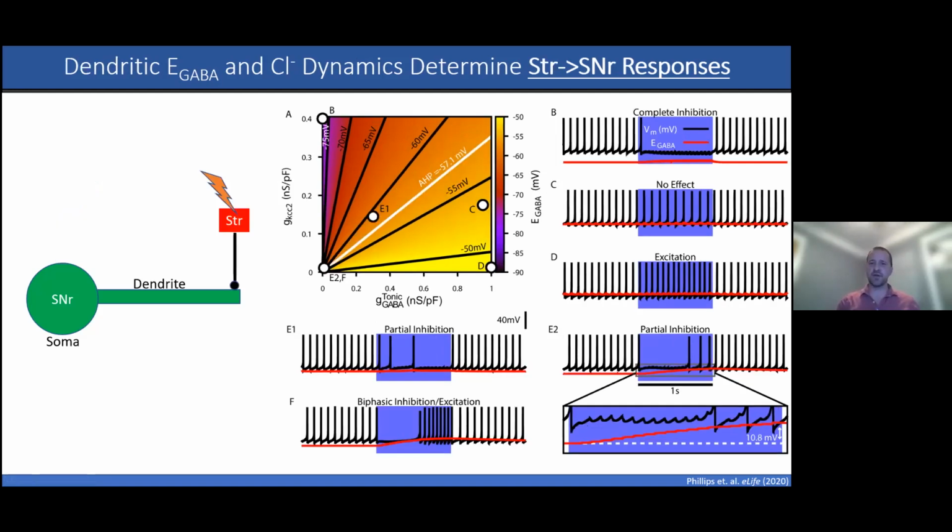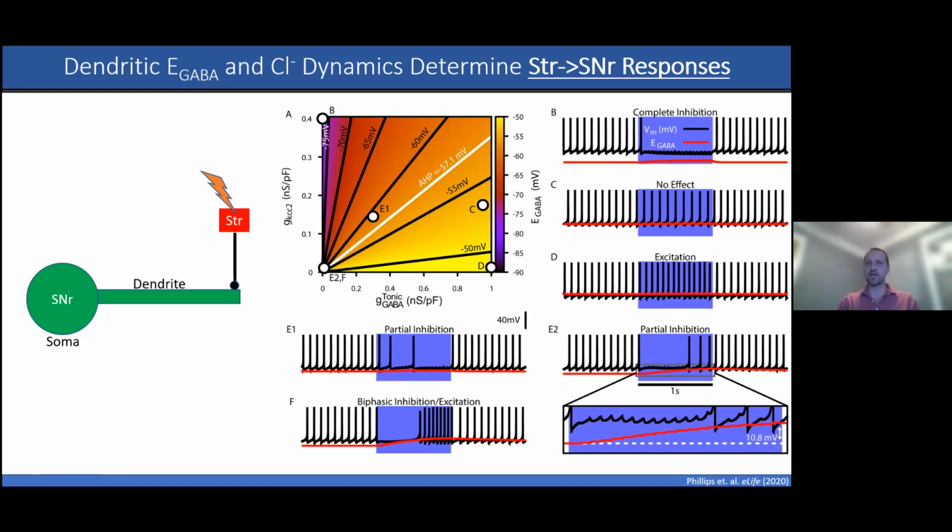All right, so the same story with the striatal inputs. You have the same range of eGABA, and we also get complete inhibition, no effect, excitation, and two types of partial inhibition. This type of partial inhibition over here, the E2, is again an effect of a gradual chloride accumulation that lets you escape from inhibition. The other type of partial inhibition you see here, you start off just slowing the firing rate, but then you transition into complete inhibition. And this is an effect of some of the short-term synaptic dynamics that I didn't have a chance to talk about,